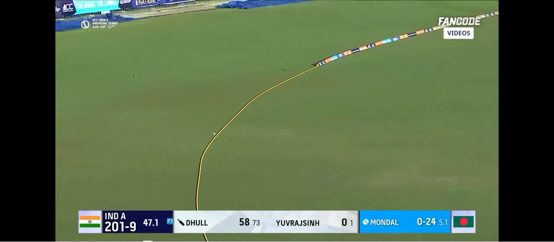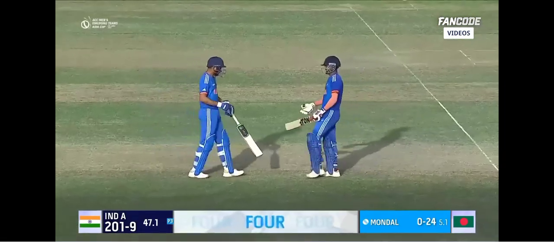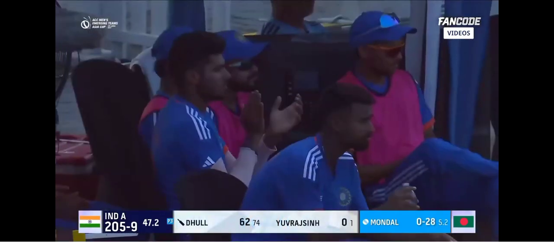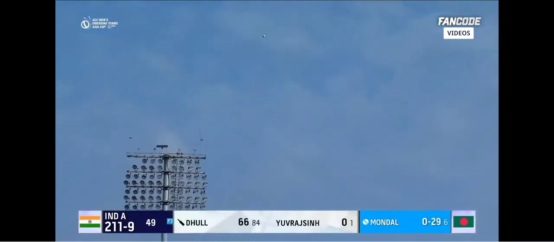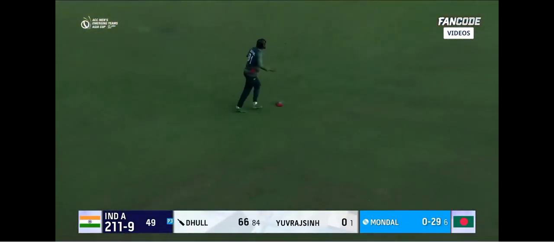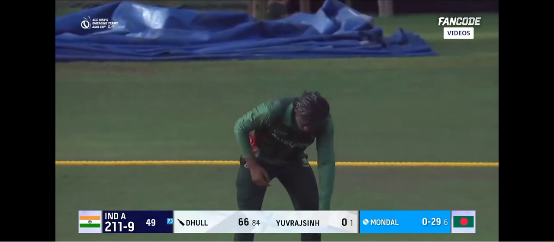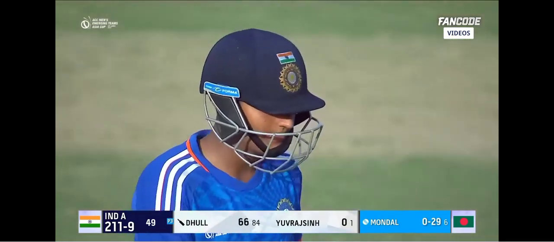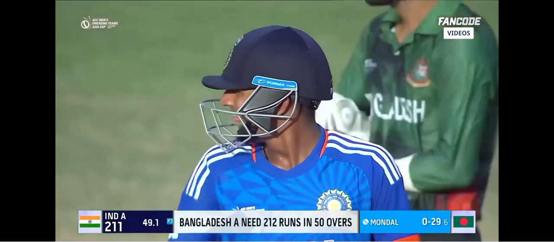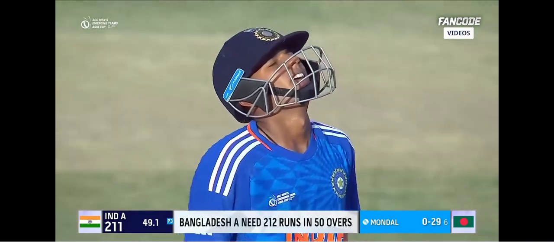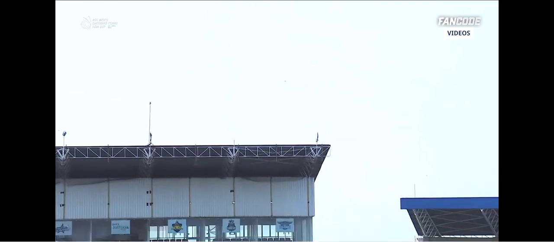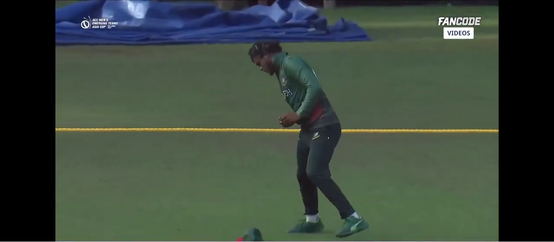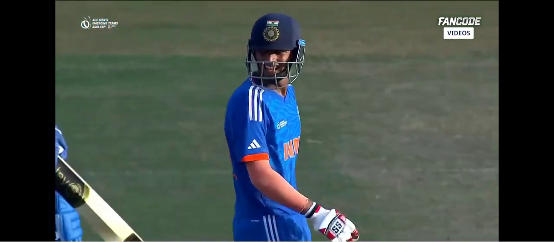Driven beautifully for 4. Exquisite display of batting from Yash Dul. Oh, and that's the reason why he's tried to go big. On the toe of the bat, it is a chance, and that will be taken. Rakibul takes the catch. And Mondal finally gets a wicket against his name. Tried to go big, didn't get that elevation. Yes, he was batting deep in the crease, expecting a Yorker or the fuller length delivery. Got it on the toe end of the bat, and Rakibul, at long off, just comes in and takes that catch. So finally,